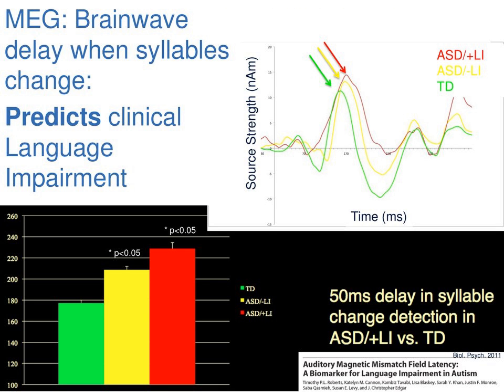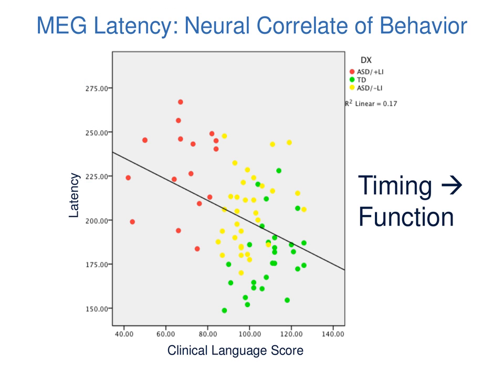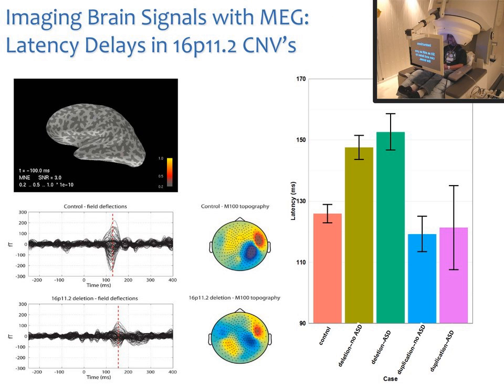Similar responses, again revealed by MEG, delays in these responses have been able to predict clinically relevant aspects of, for example, language impairment, that is performance on clinical language tests, suggesting that these timing parameters are truly significant, and that the longer it takes for the brain to respond, the weaker the performance is on a language test. And that's what's shown by this downward slope here, that timing of neural signal communications really predicts clinical language score. And this was all in children with autism, but what we found in the 16p11.2 population